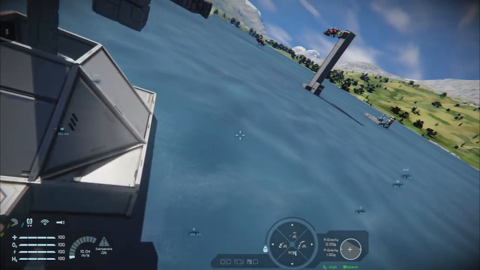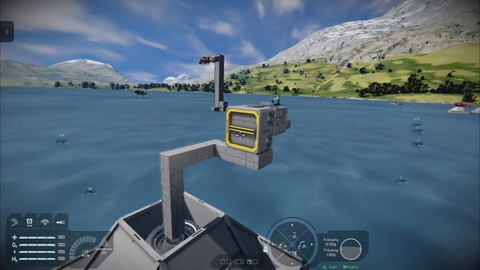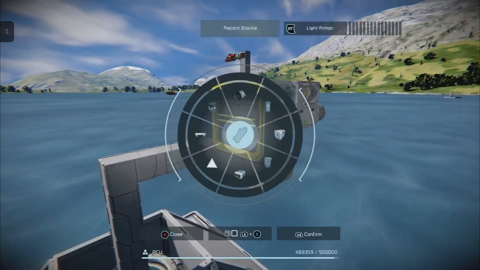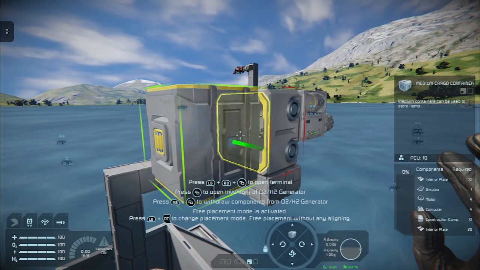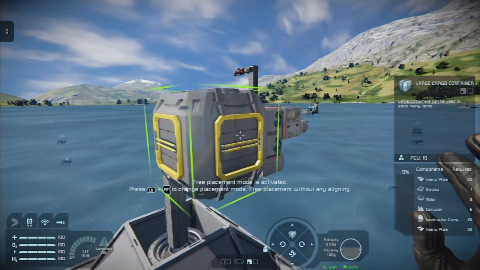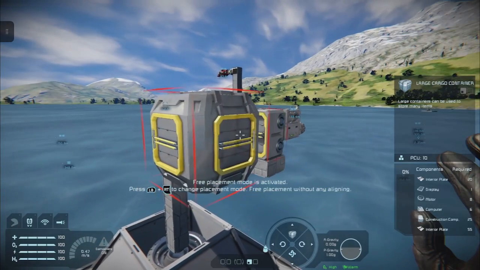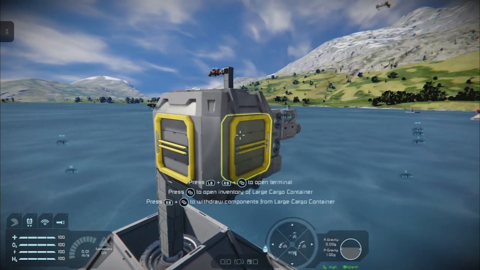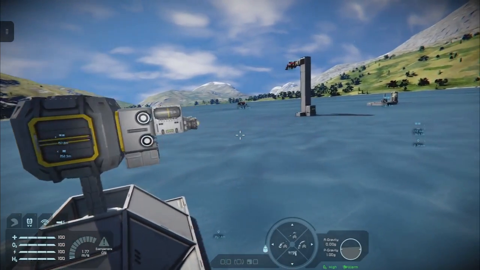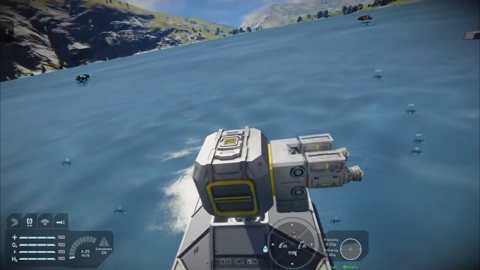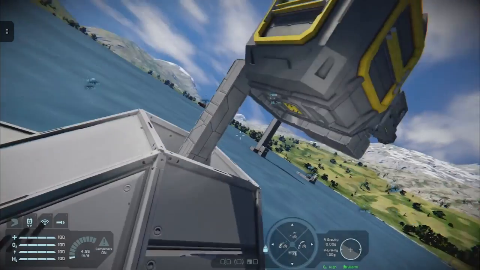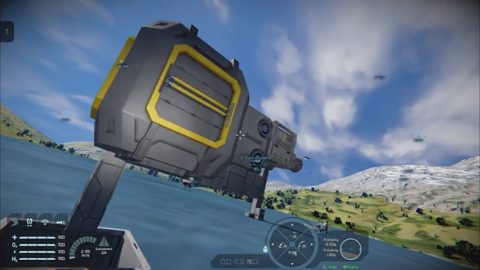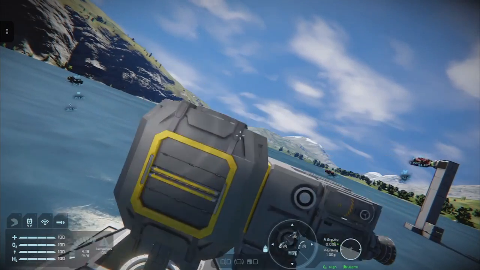Okay, so looking at this, we could make the next step up, cargo container wise. We'll add a bit more weight to the ship, but now we have ways of getting ice on it.